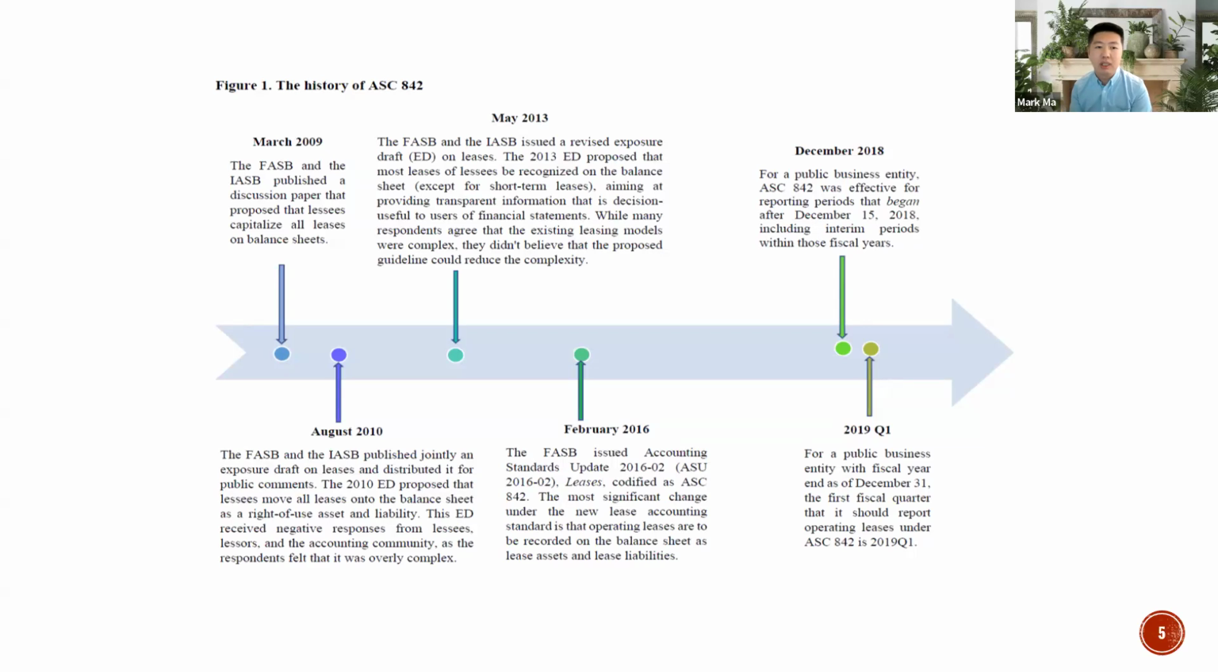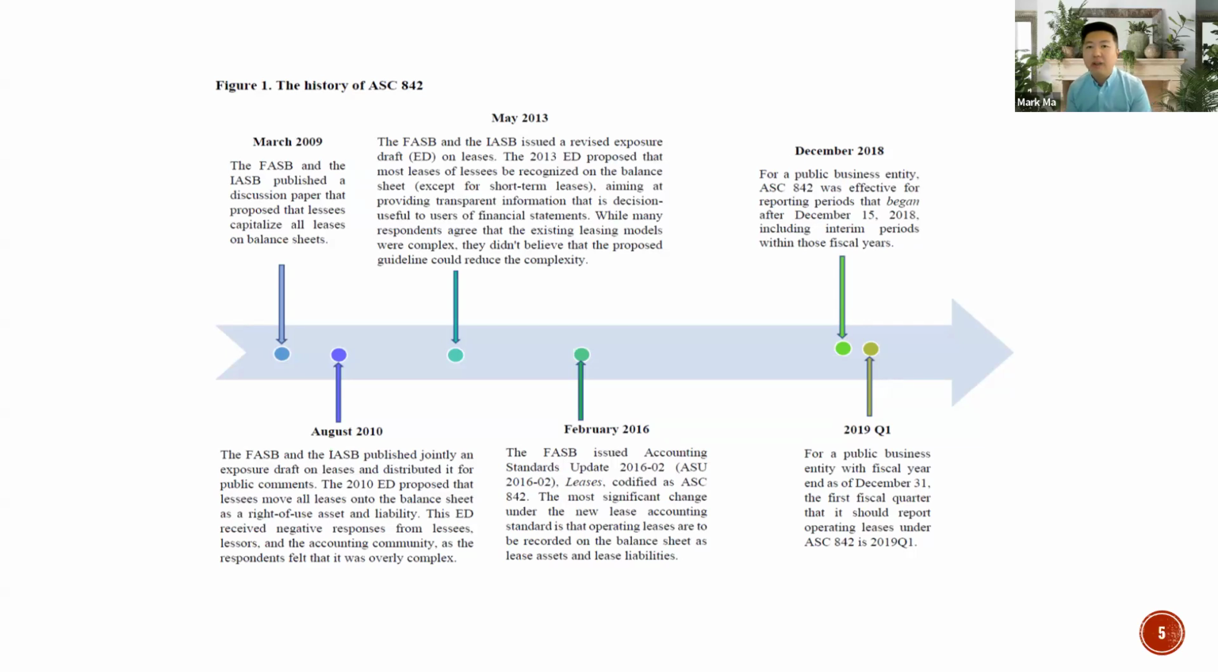And in October 2010, they released their first exposure draft and collected comments. And in May 2013, they issued an updated draft. In the updated draft, they provided an exception for short-term leases, shorter than 1 year. And finally, in February 2016, FASB issued Accounting Standards Update 2016-02, ASU 02, which is the official standard, and